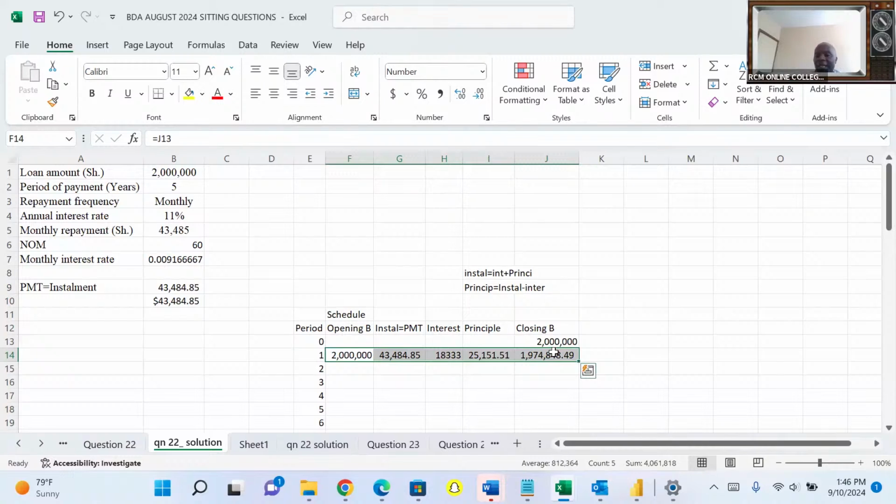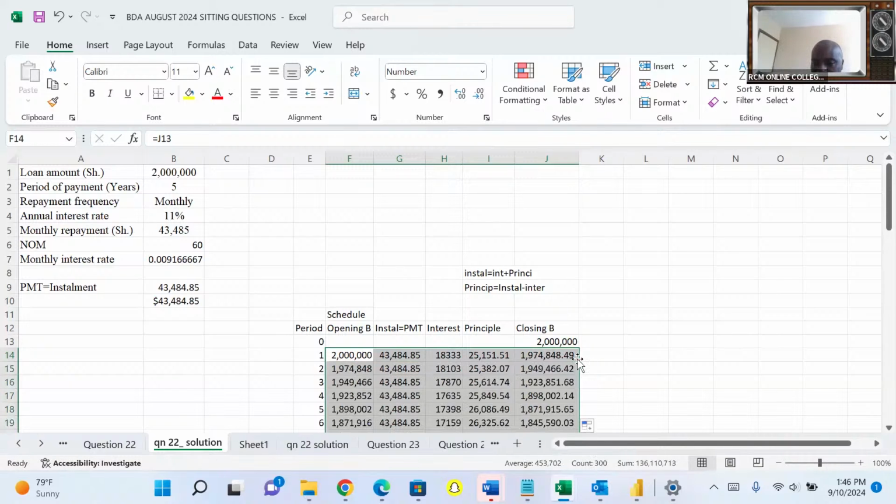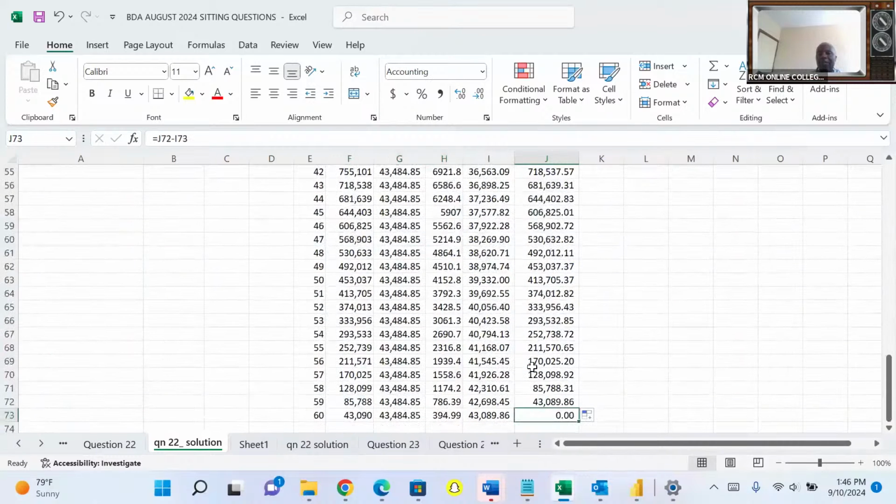Once you have done that, you come to our little friend here, the hungry and angry rabbit, the autofill friend. So this autofill, you simply drag it down like that. And by doing that, you have your loan amortization schedule, which is now amortizing to zero.